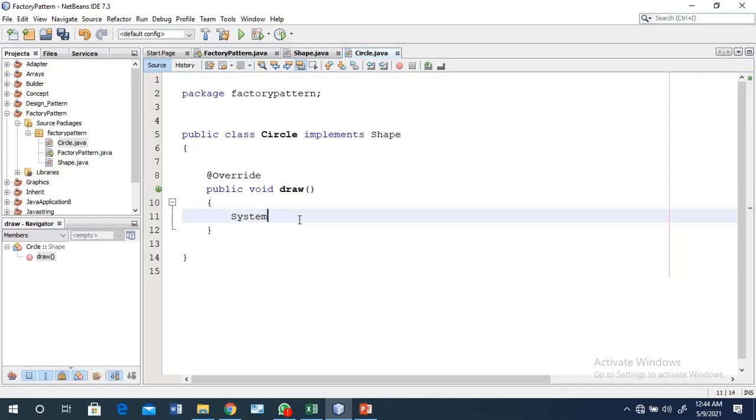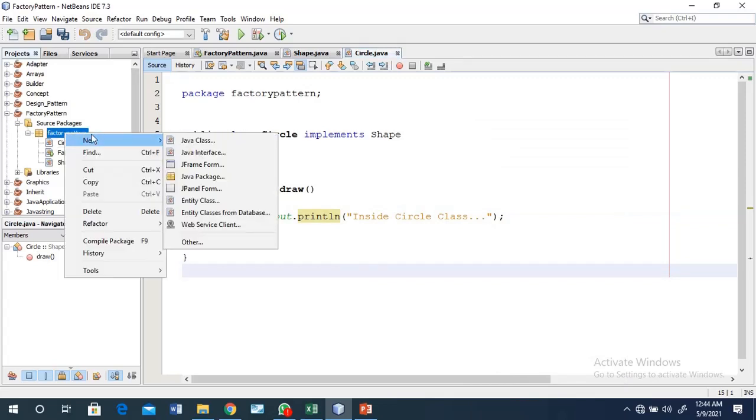Here we write one function, System.out.println, for displaying output, inside the Circle class.